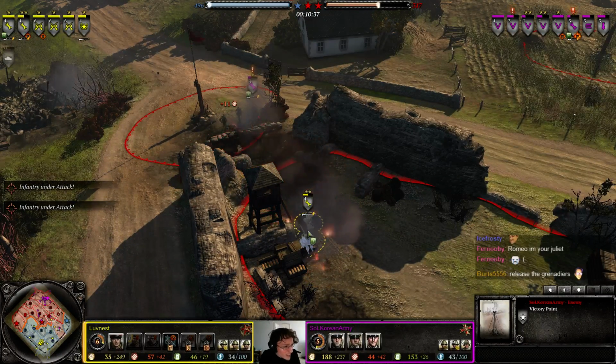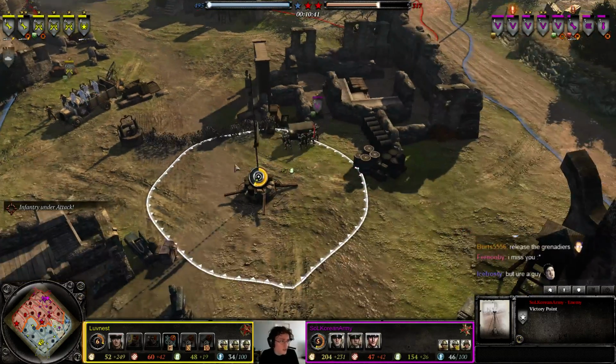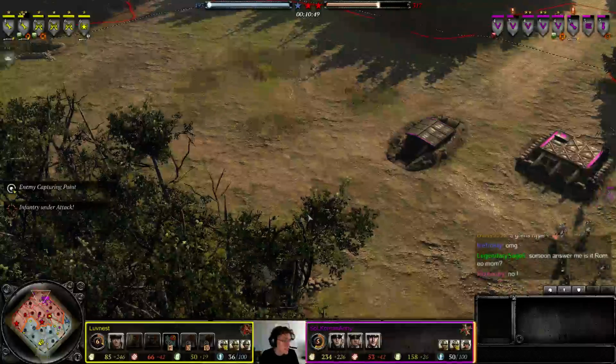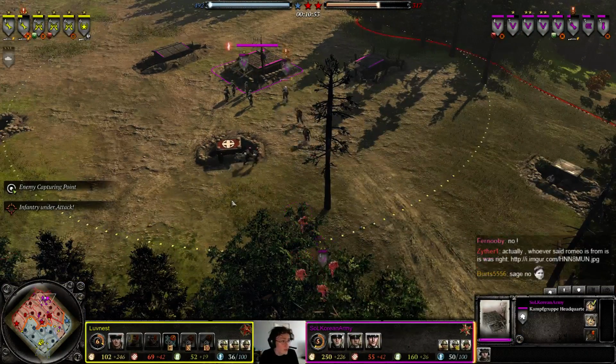Flamethrower fight right here. KA will retreat first. T-70 on the field for Luvnest. Enemy forces are securing our territory. Korean Army has not chosen a commander yet and has not teched to battle phase 2, so I'm not sure